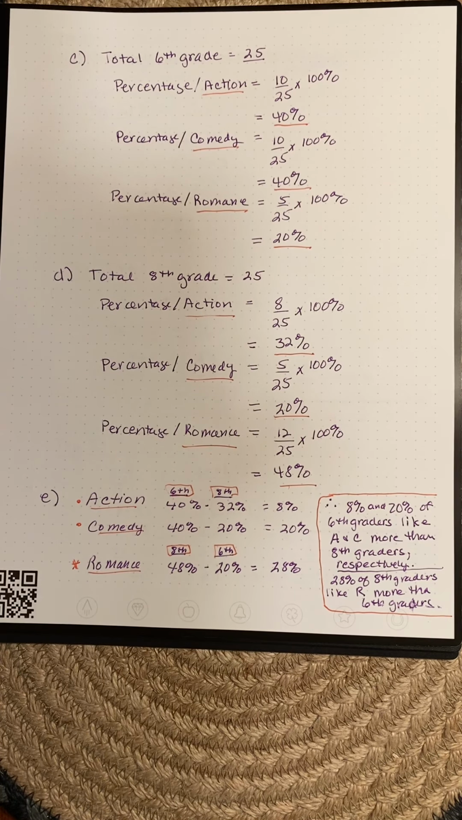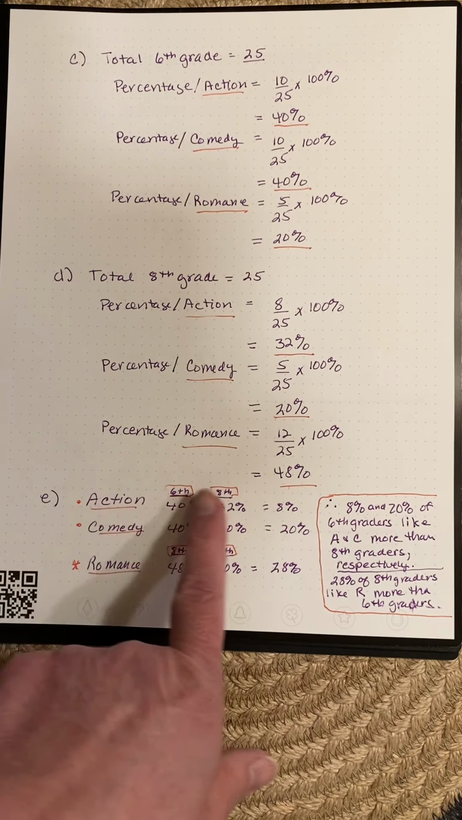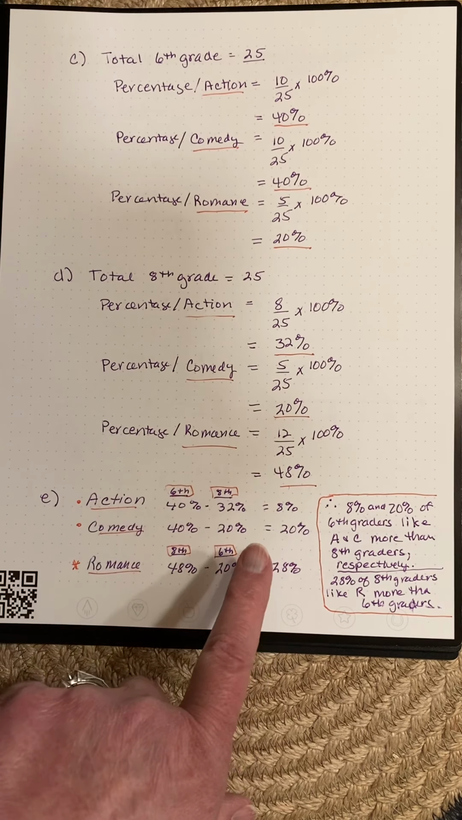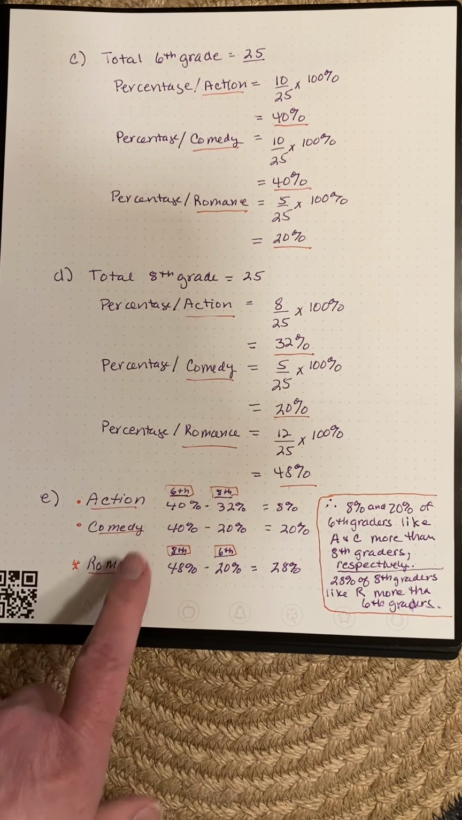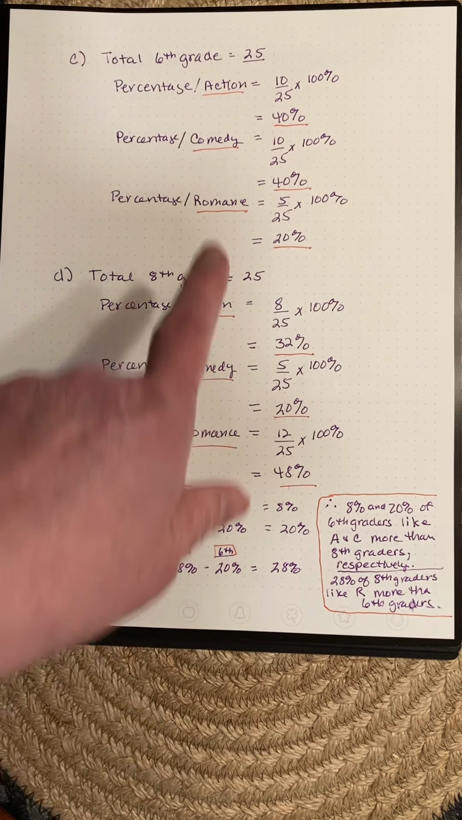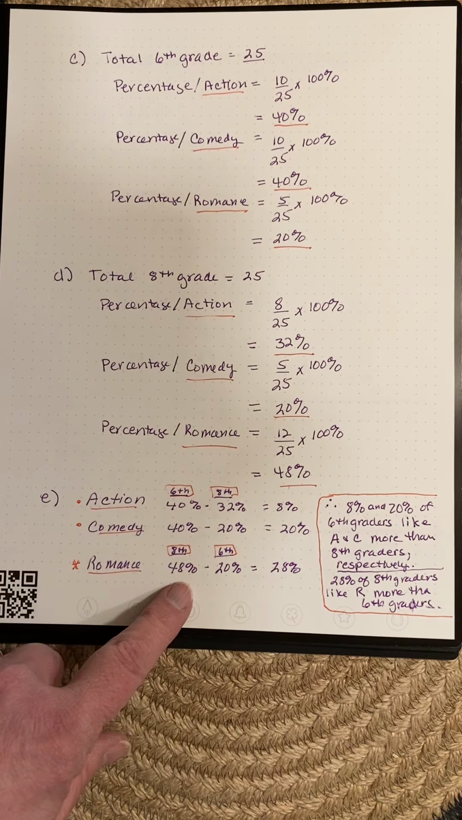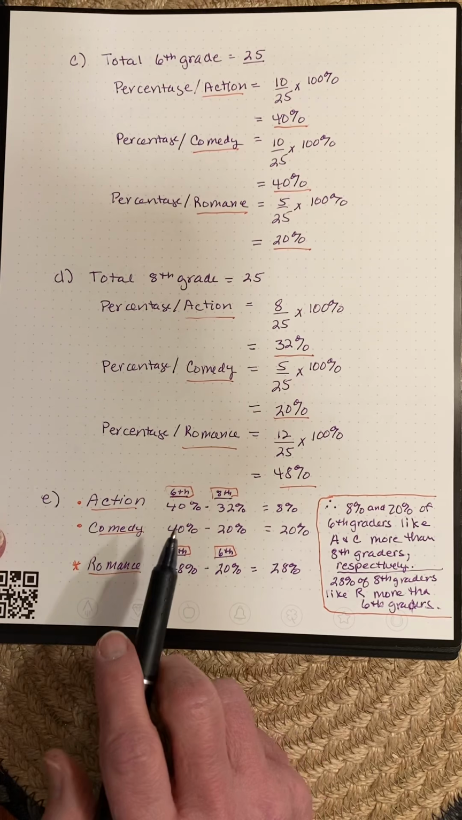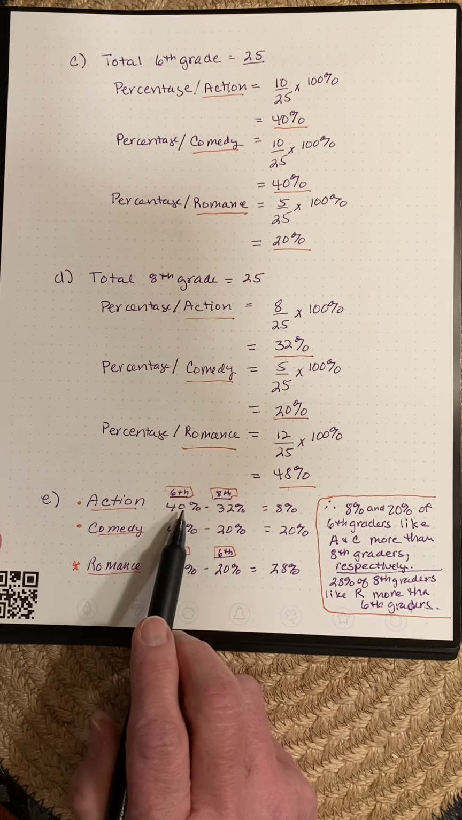E says compare the movie preference of 6th and 8th grade. So compare them. So remember, when you compare two things, you always subtract. Okay, so I'm just going to do a quick little table here. So action, comedy, romance, and this time I need to record the percentages. So between 6th and 8th grade,